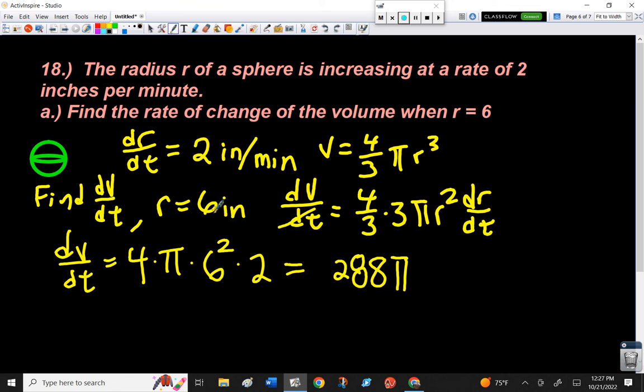Well, you see, the radius is changing at 2 inches per minute because that's linear growth. In other words, every minute that passes by, the radius increases by 2 inches. But volume's not measured in inches, it's measured in cubic inches. So we need to write 288 pi, and there's a couple of ways you could write it. You could write it as,